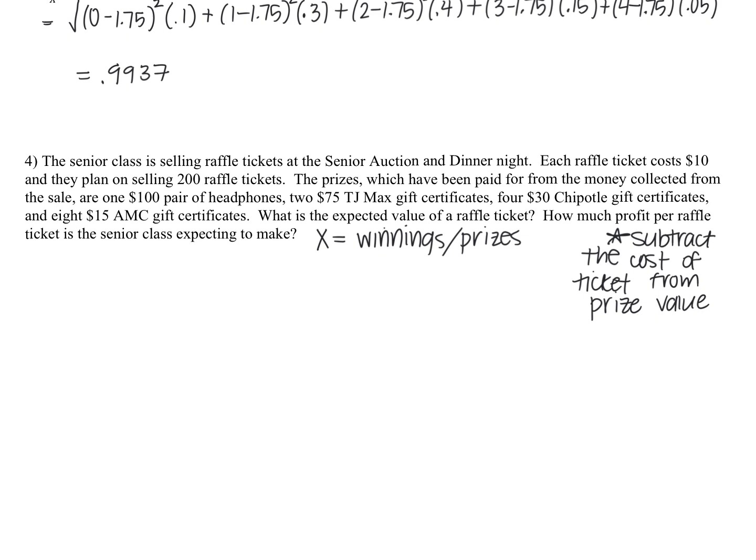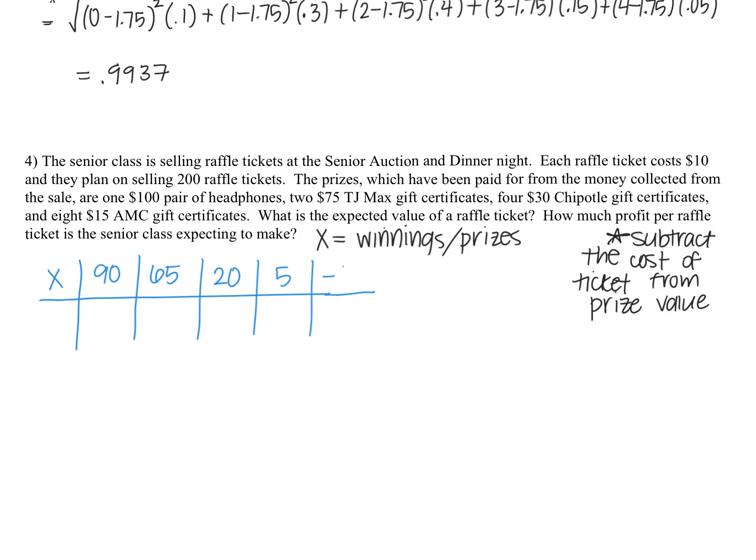So when I go to create my table, my first prize is the $100 pair of headphones, which actually comes out to be a $90 prize. Then the $75 becomes $65, $30 becomes $20, the $15 becomes $5, and then the last thing I have to